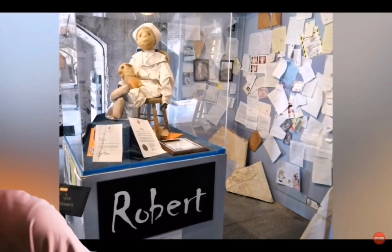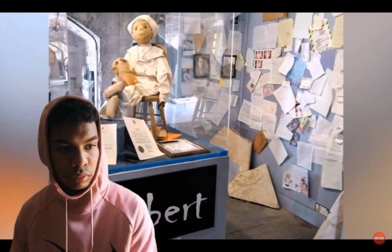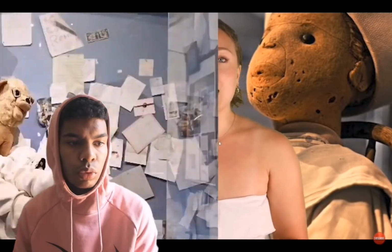And donated him to a museum. Robert still lives in the museum where he is safely locked up, but it is said that he still likes to place a little curse on those who take his photo without permission. The walls of the museum near Robert's glass case are riddled with notes from